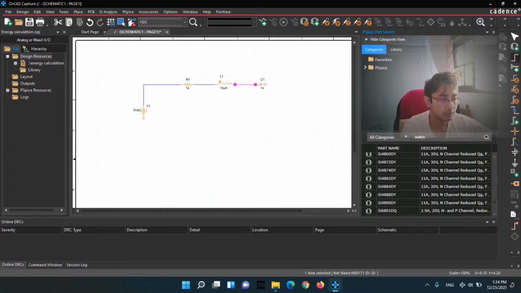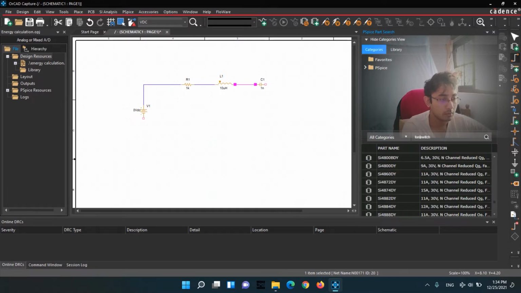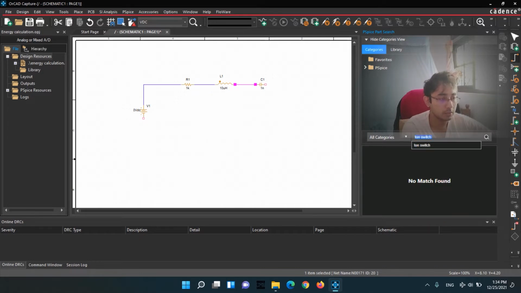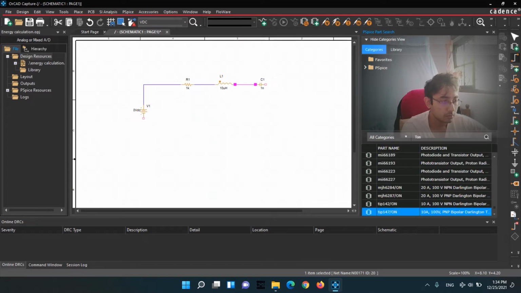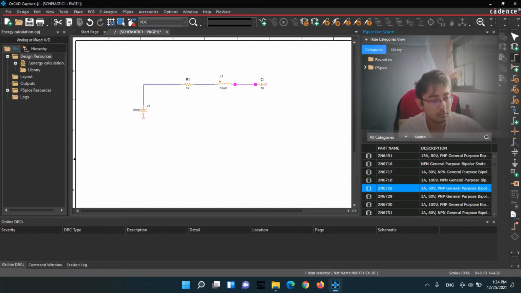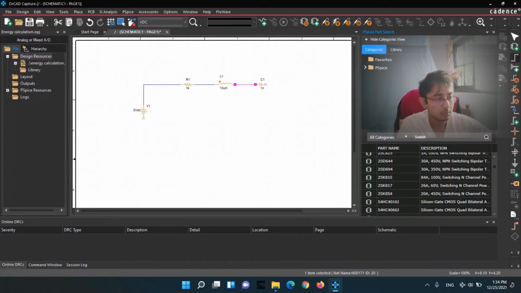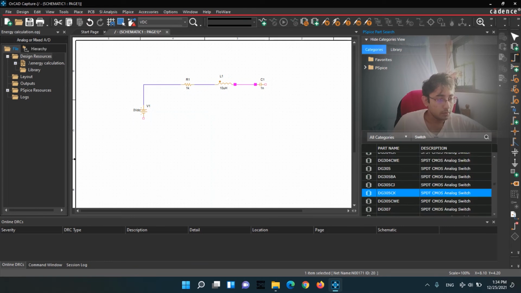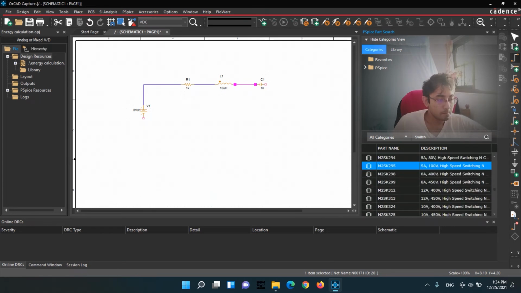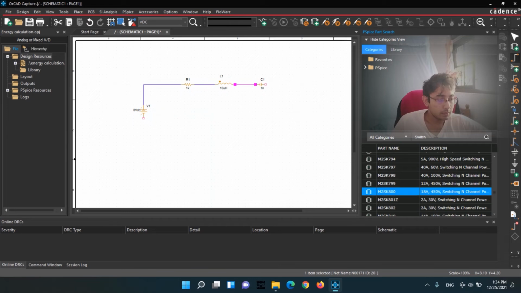On switch, as I remember it is T on something, T on switch. Switch, there are plenty of switches in PSPICE. I want the basic switch